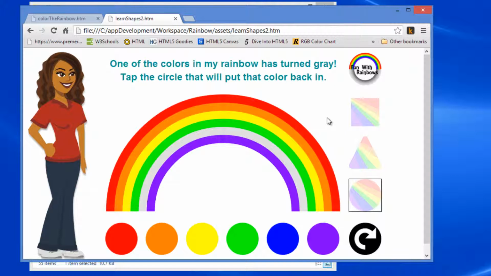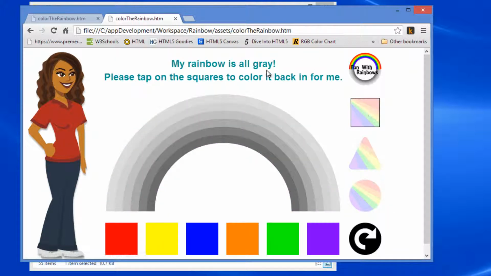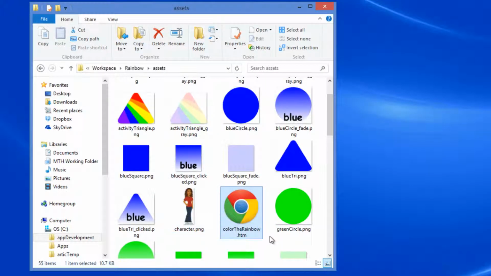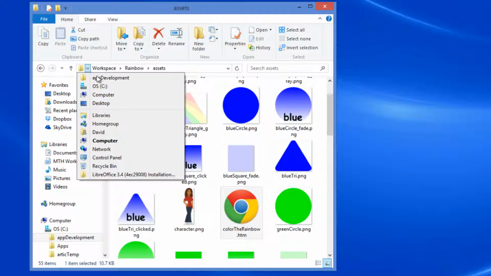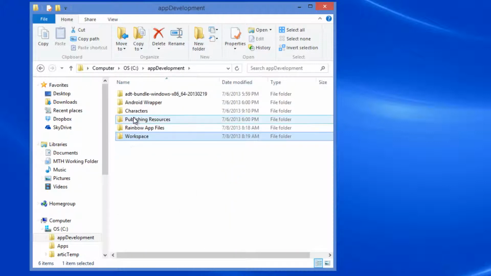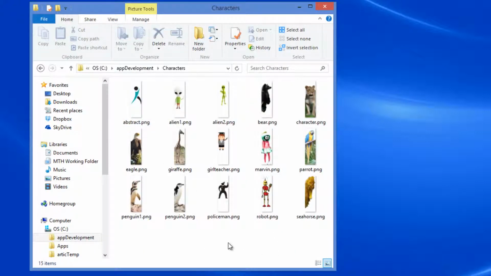Okay, so let's change this character to a different image. So I'm going to leave the app running, go back to the original front page, the Color the Rainbow page, and minimize that window. Then we're going to go back into our app development folder and open the characters folder, and we will choose a character from this folder,